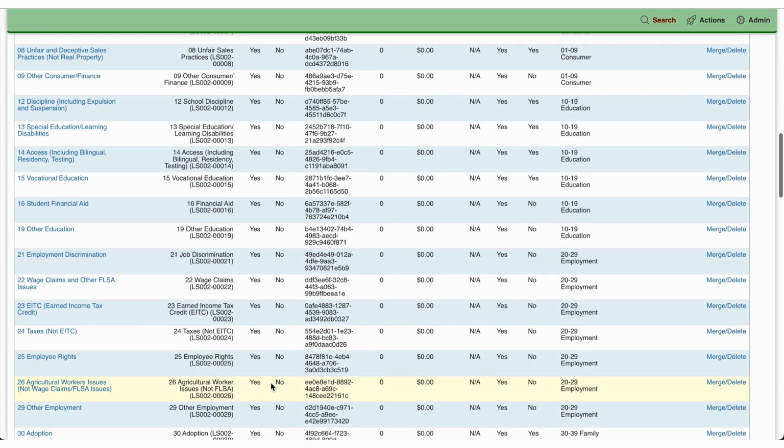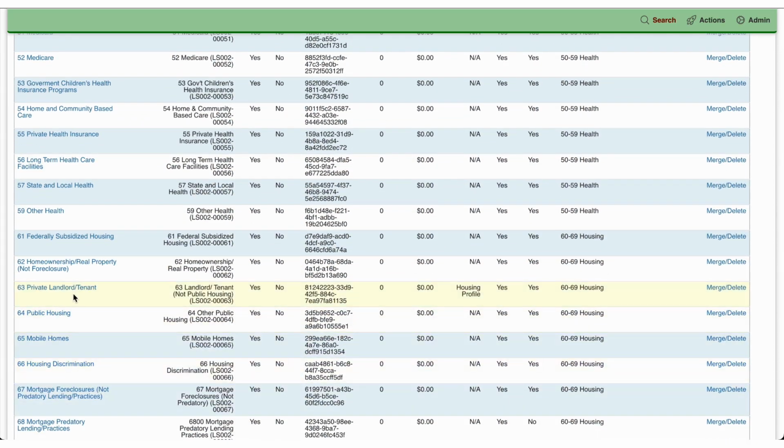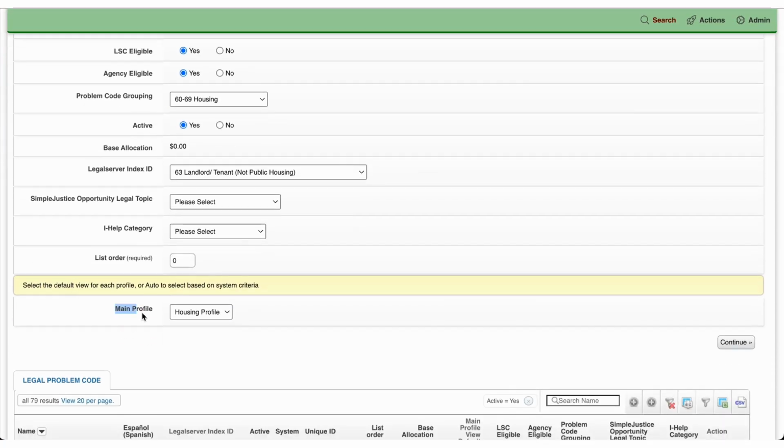So if I come down to, let's see, in my 60s, 63 for private landlord tenant, you'll see this legal problem code is defaulted to the housing profile. This means that all cases with a 63 problem code are going to show the housing profile as their default profile. And to see how that works,